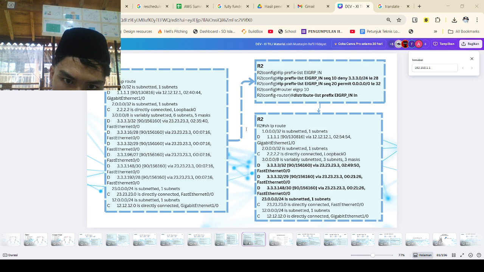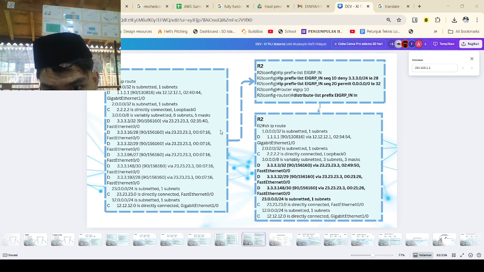After applying, R2's table keeps only 3.3.3.3/32 and 3.3.3.32/29, 3.3.3.x /30 examples, and drops the ones inside 3.3.3.0/24 like /28 and /27 etc.